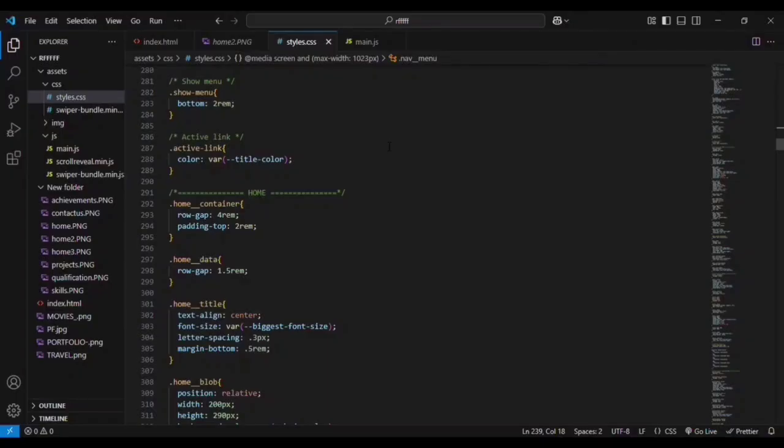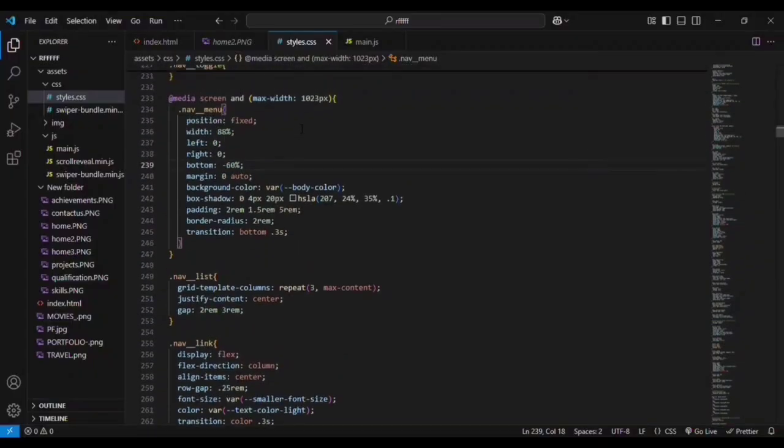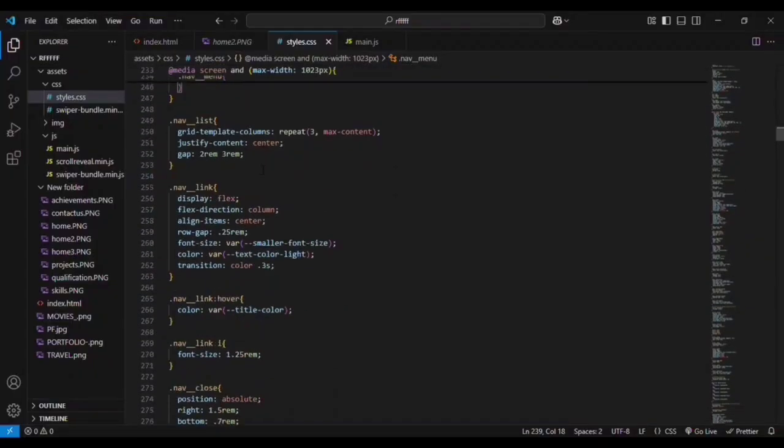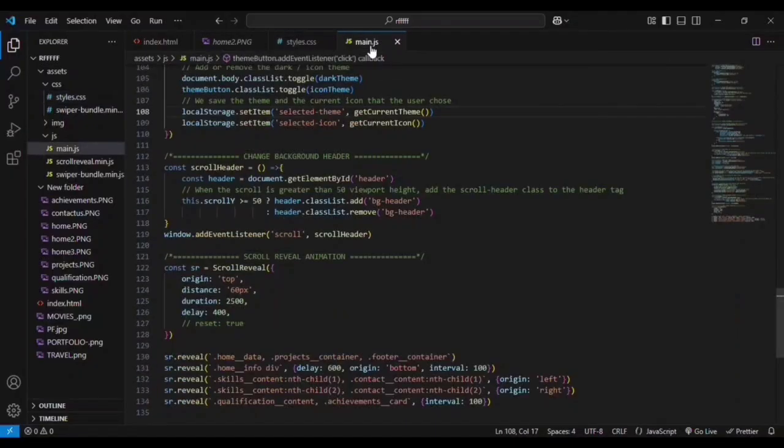You can see that the show menu is the one that will help us in making the bottom value visible. The bottom value is minus 60%, right? So by giving the show menu a bottom of 2rem, we are going to make it visible. I'll tell you how. We will have the menu icon, right? So whenever you click on the menu icon,